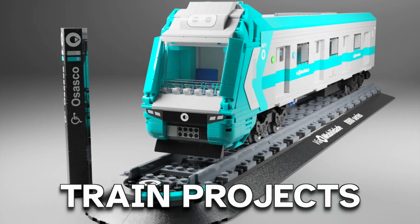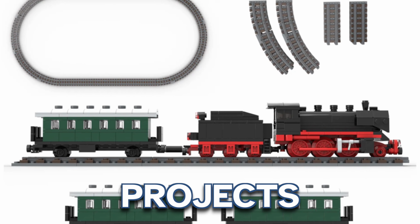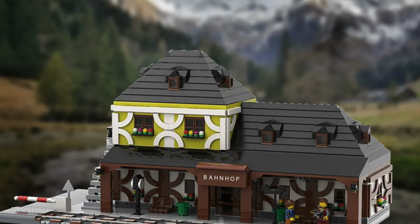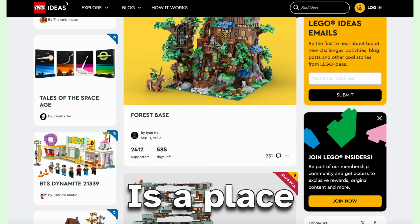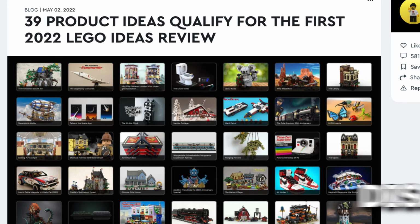Incredible LEGO train projects made by people like you and me. These are LEGO train projects that can become a real LEGO set. These LEGO fans have designed their own trains, and now they can become a real set if you support them. Maybe. Kinda. LEGO Ideas is a place where dreams come true and also a lot of disappointment, as LEGO Ideas